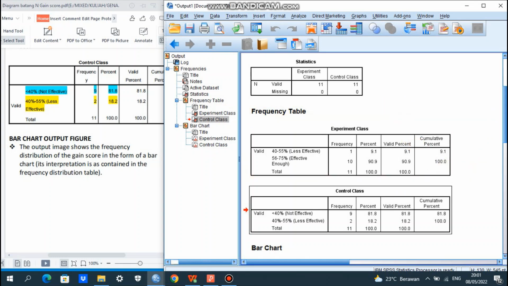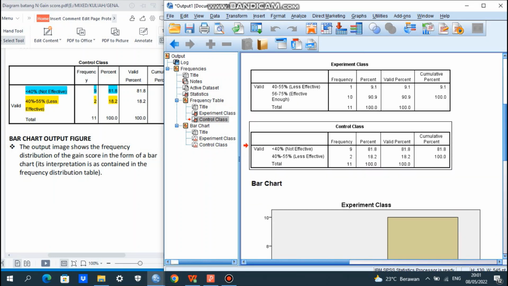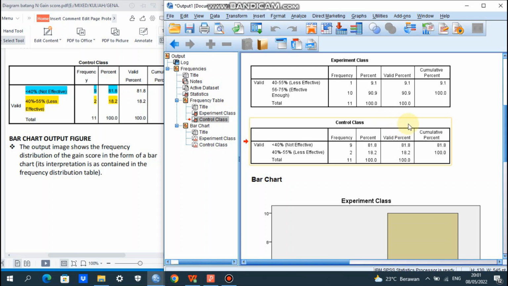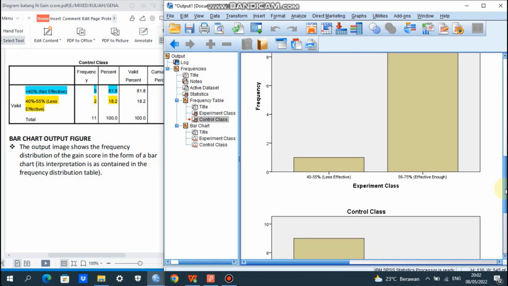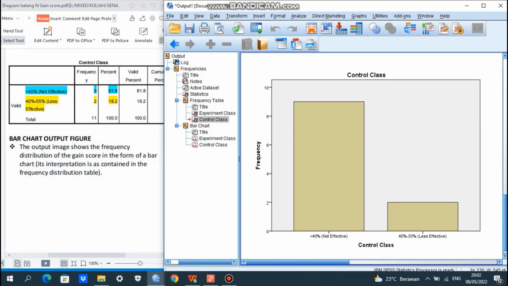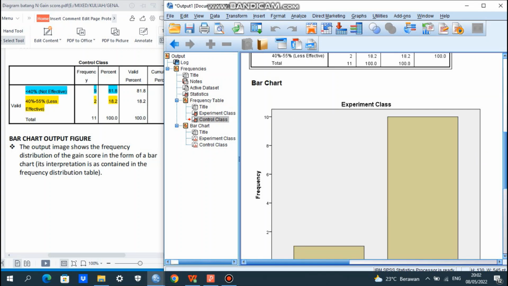So it can show you the easiest, simplest effectiveness and the simple table of frequency and percent in more real data, and it shows the practice that can be seen directly from the bar chart.